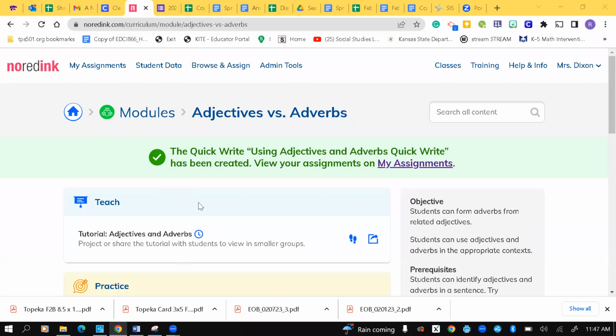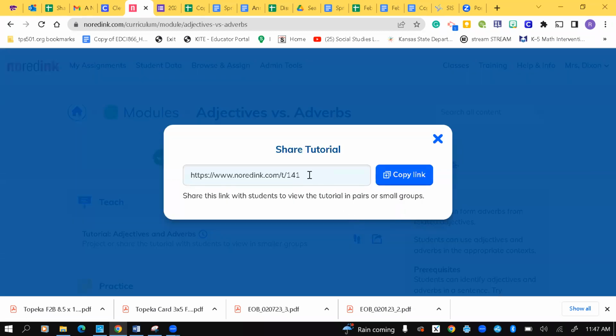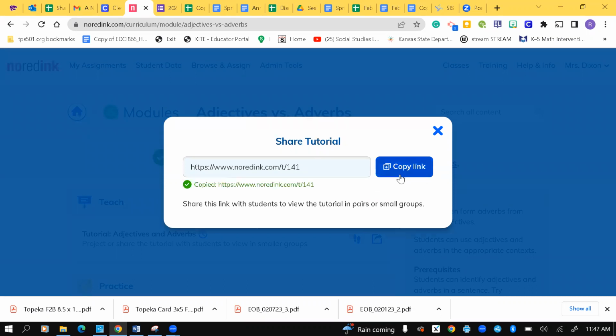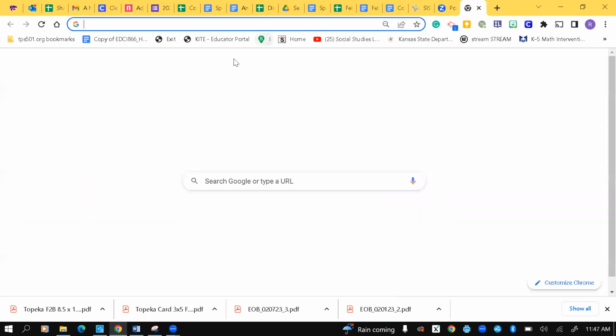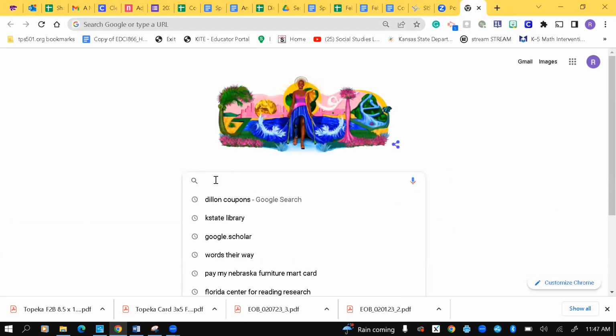And finally, I want to look up here at the teach session. It says, share this tutorial with the students to view in smaller groups. This would be fabulous for literacy workstations as well. So if I hit share, notice it's going to give me a link for students, and I could put this in Seesaw, for example. So I copied the link, and then once I share it with students,